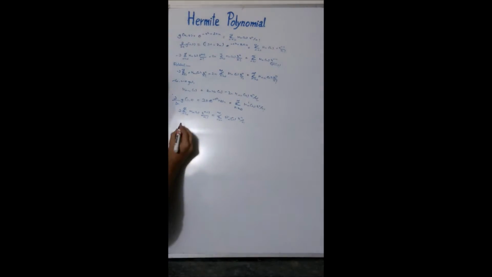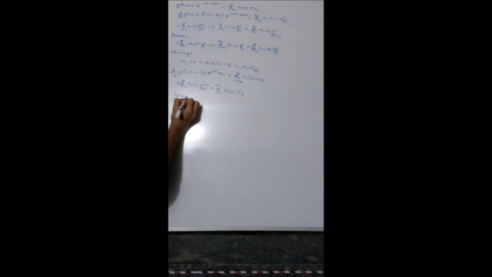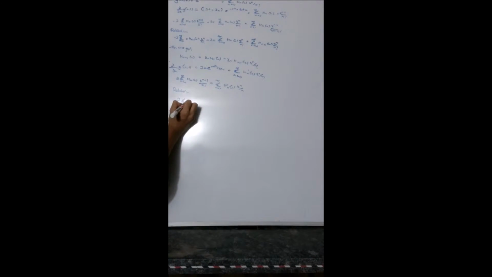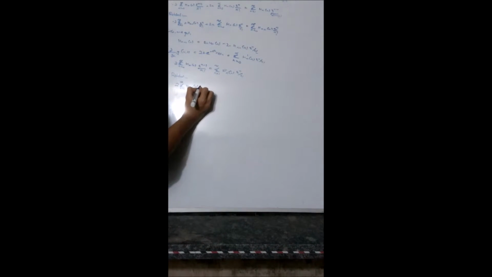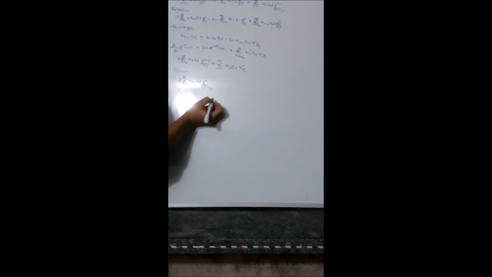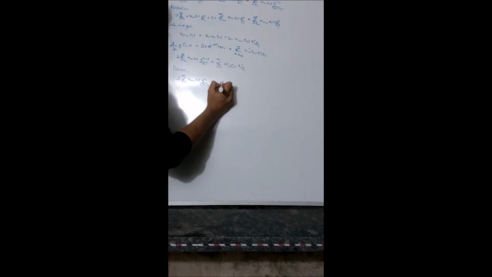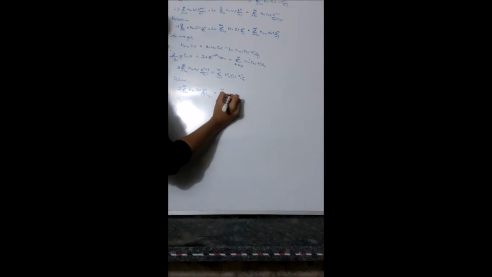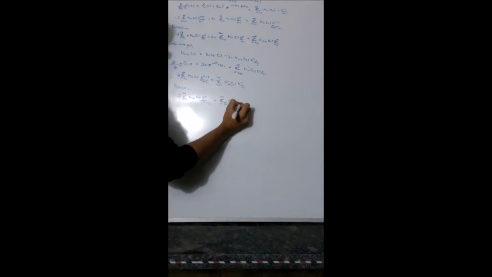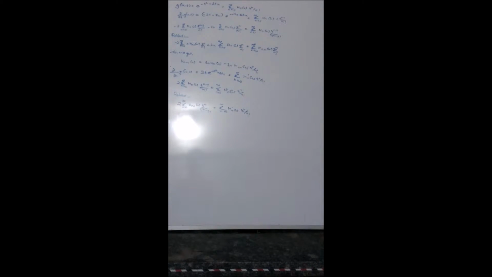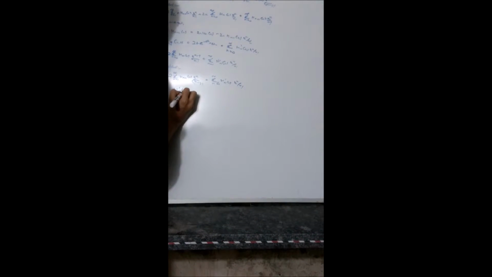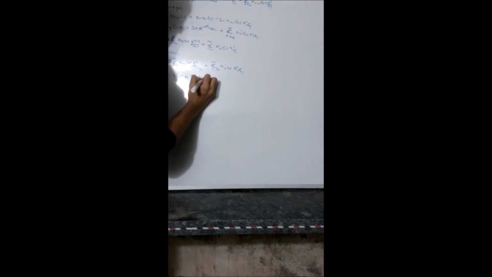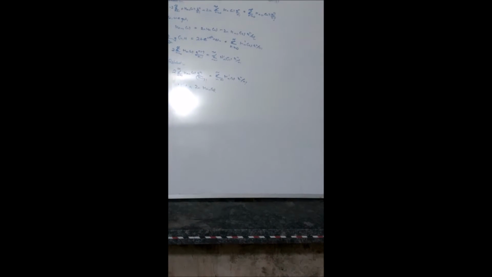Now we relabel and we get 2 sigma n equals 1 to infinity H_(n-1)(x) t^n / (n-1)! = sigma n equals 1 to infinity H'_n(x) t^n / n!. Now again we equate the coefficients of t^n and we get H'_n(x) = 2n H_(n-1)(x). Hence